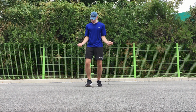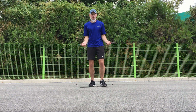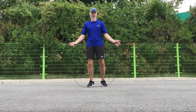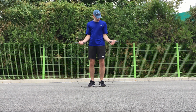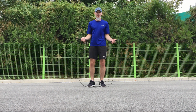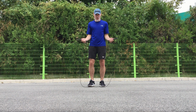So let's say you're jumping rope down here, you're in your normal jump rope position. Maybe you like jumping rope with your forearms, your lower arms, farther away from your body. If that works for you, it's all good. I like to keep my elbows close to the side. I find it easier, I find it more efficient. And when you have the rope, your arms out to the side like this, as you can just see right there,